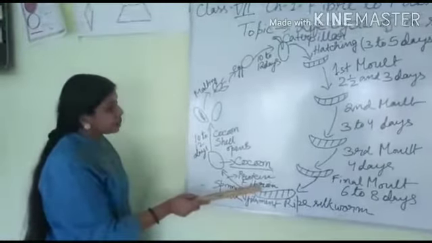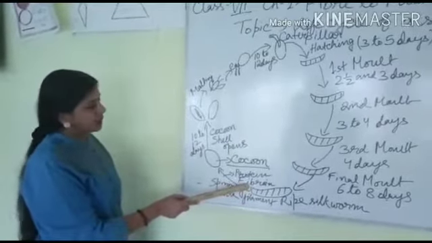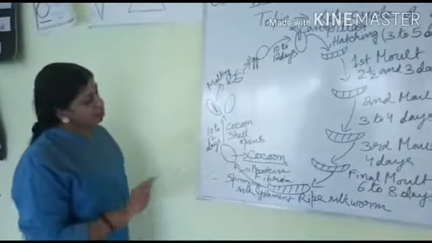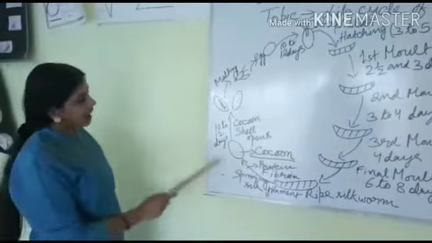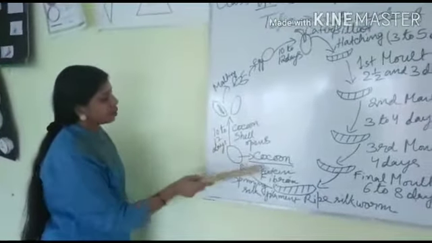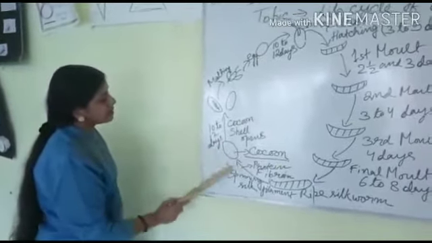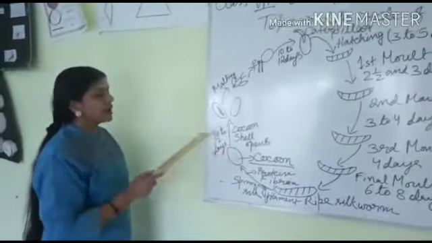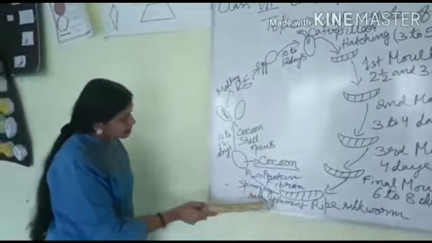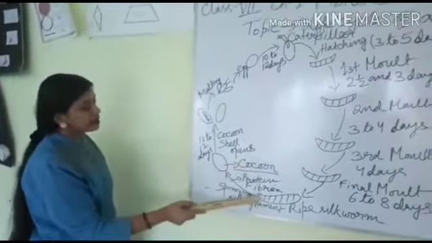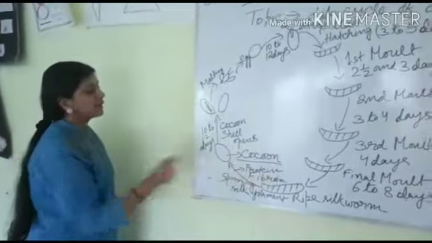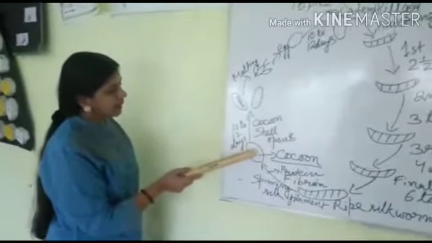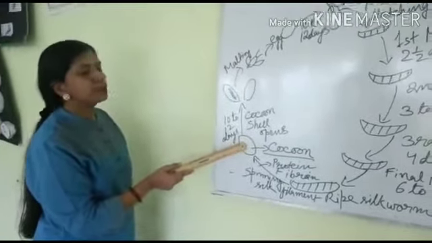This sticky protein comes out from its mouth and it spins a house around itself with that silk filament, and it forms a cocoon. Cocoon is what? It is a house for the silkworm that is formed by winding the silk filament that comes out from its mouth as fibroin. Inside the cocoon, we can say the caterpillar changes into pupa.